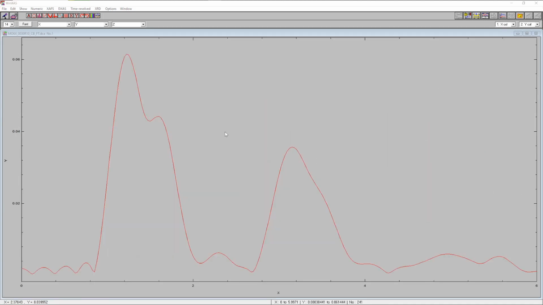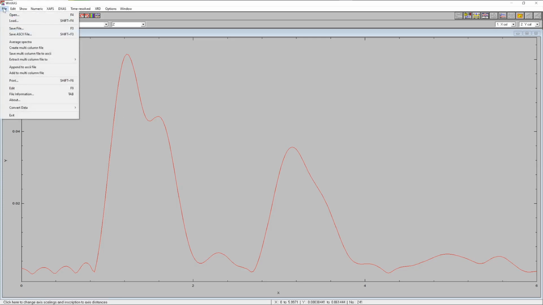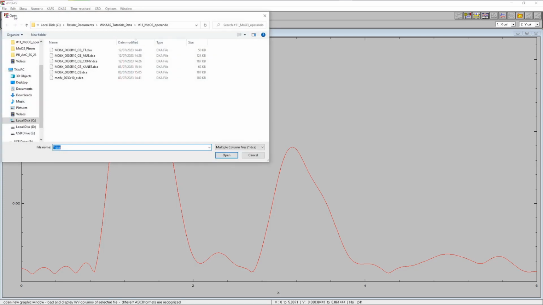For the XAFS refinement, we always need to start with a chi of k. We cannot start with the radial distribution function because for the XAFS refinement we need the magnitude and the imaginary part, and here we only have the magnitude. So this is also a reason why you always want to save the chi of k for display and also for the XAFS simulation and refinement. So we go back to the chi of k